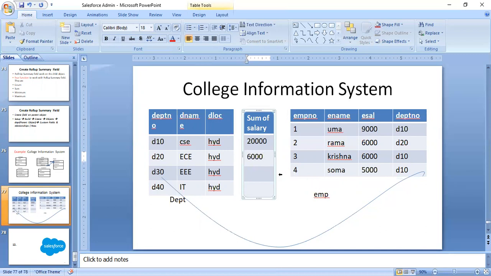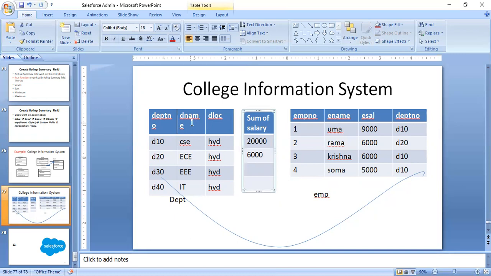Here in this way, if you have the department 30 records, it will calculate the department 30 record value. In this way, it will calculate the sum of the salaries of department number 10, department number 20, department number 30, like that. All that is called roll up summary. Here, from the parent object, you will calculate the child object field sum, child object count value,